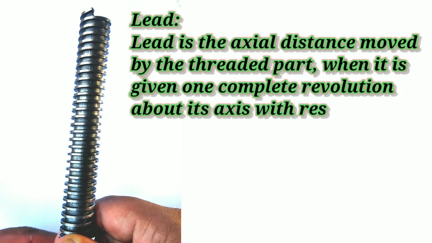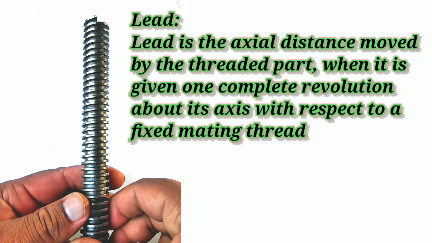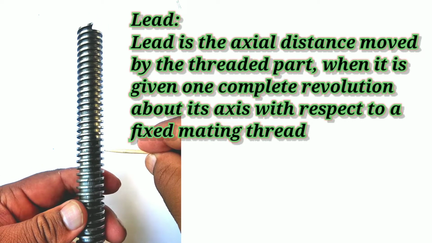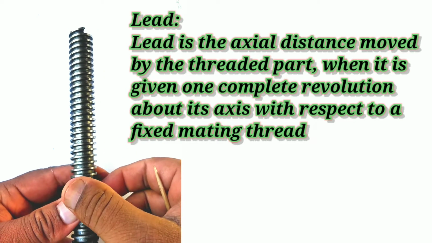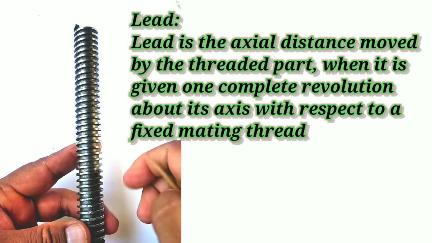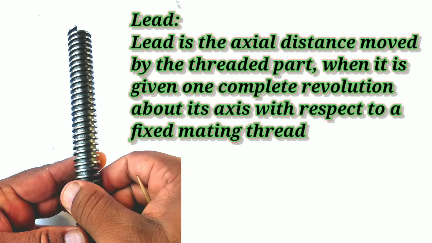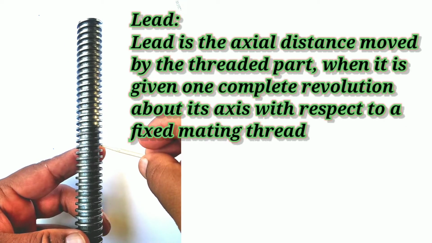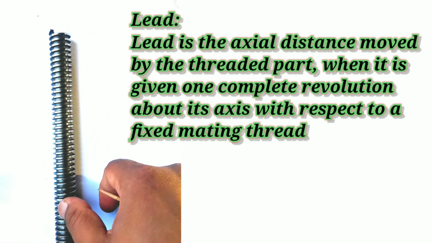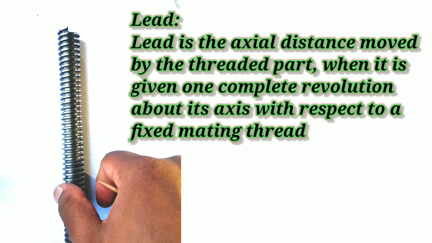Now that means if I have to give one revolution for this particular screw thread, for one particular revolution, if the nut engaging to this bolt or thread moves one division, if I rotate one division, then if only one thread comes out, then pitch is equal to lead. If two threads come out, then lead is twice the pitch. So a lead is nothing but advancement of screw thread for one complete revolution of the screw, that is lead.